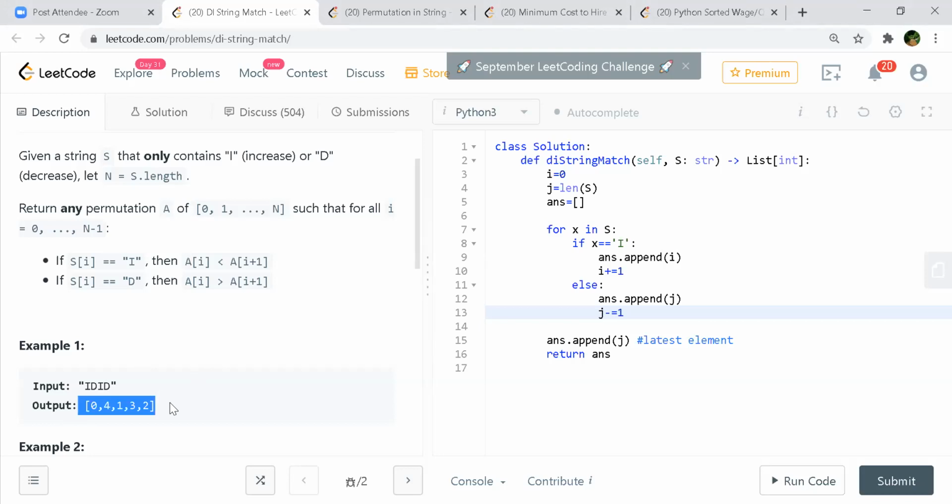I'm guessing it is also the same idea. I don't think that would be possible. Yeah, I don't think so. If you exchange 4 and 3, then 0, 3, 1, 4. If we take a basic example like all I's, then also in that case there would be only one sequence, 0, 1, 2, 3 till the end. Yep.